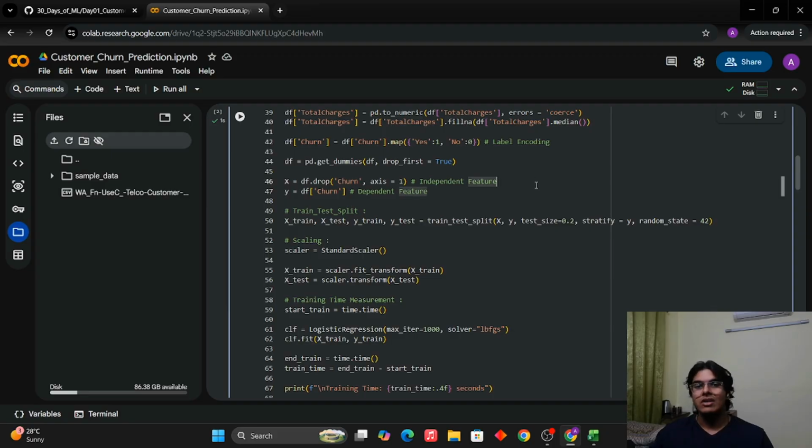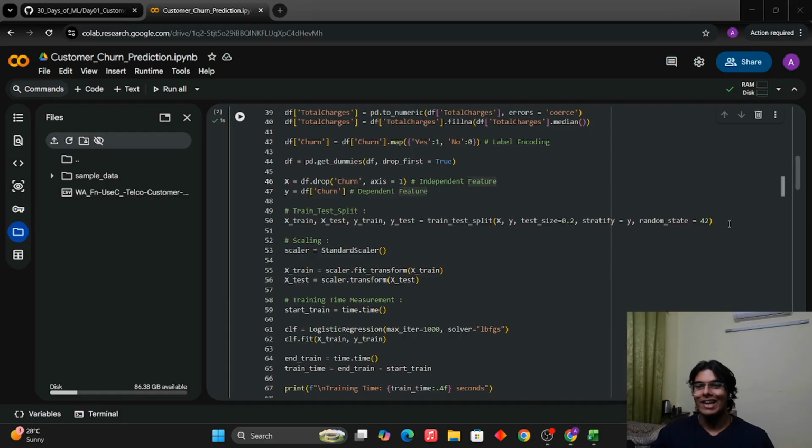Then we have to define the features, independent and dependent features. Like I said, churn is the dependent feature. We are predicting it. The rest 20 features in the model are used to predict the value of churn. So those are the independent features. We make the train test split. Standard test size is 0.2, which means 20%. It's a classic 80-20 split between training and testing. This again, pretty classical thing right here.